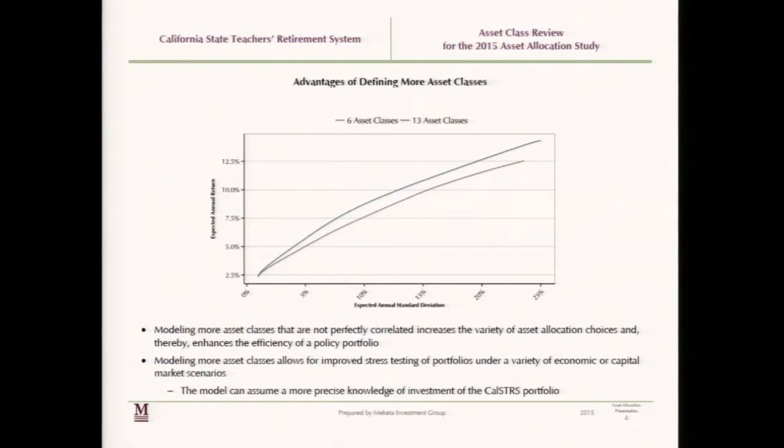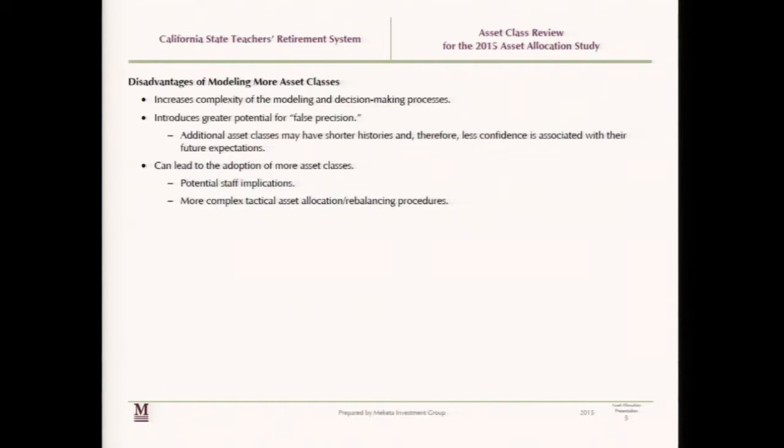As I mentioned before, if we had a line here representing 50 asset classes, it would still look better than the 13 asset classes. But at some level, you have to make a judgment that the modeling process is including asset classes that you have a reasonable degree of confidence and precision in. And for us, 13 is where we ended up for your portfolio.